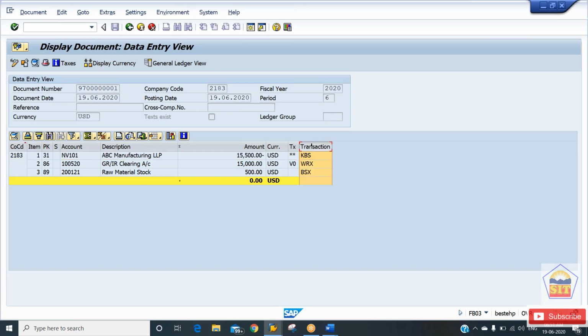Now, with the help of this transaction event key, you will be able to figure it out. You can see the system has posted this 500 to your inventory account. And for the inventory account, which transaction event key do we use? It is BSX. Now, if you want the PRD, the price difference transaction event key, to get triggered,